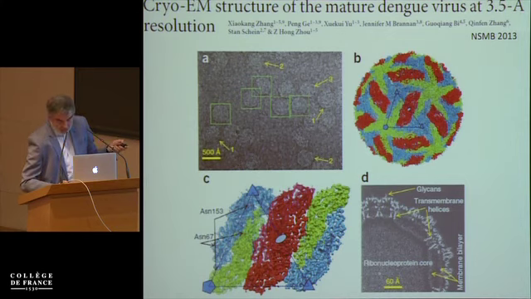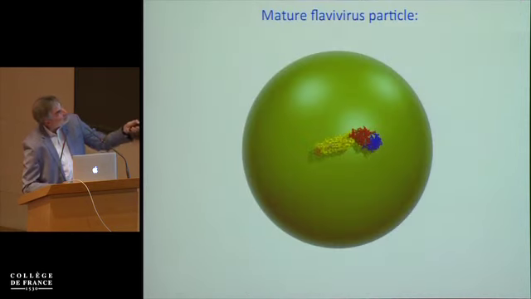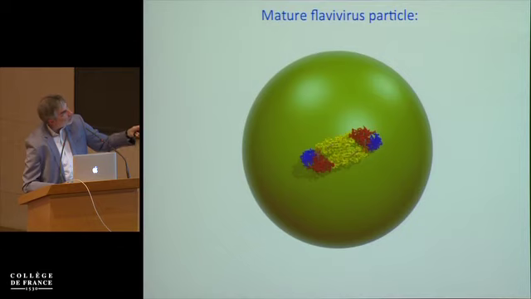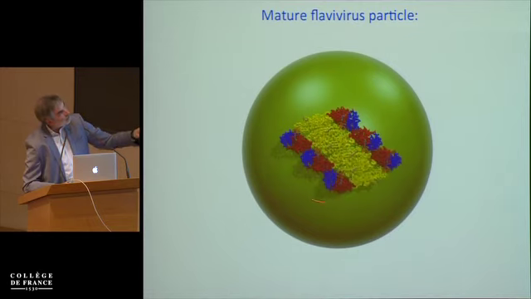So the model that we have is that this is the viral membrane. This is the subunit with the fusion loop. These three domains, which are maintained in all these viruses, we now call class 2 proteins. The fusion loop is buried at this dimer interface, so the hydrophobic side chains are packing against the other subunit. And you have 90 of these dimers that completely coat the surface of a mature virus. I'll come back to immature later. You have 3 dimers packed in a row, and you have 30 of these facets that completely coat the membrane.